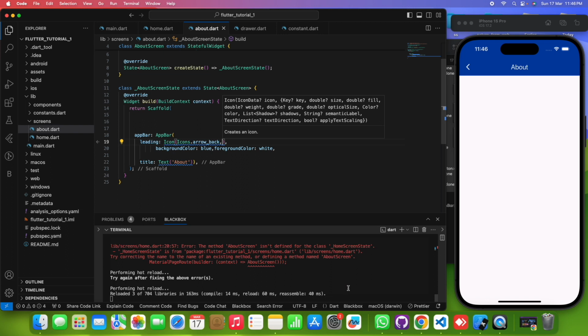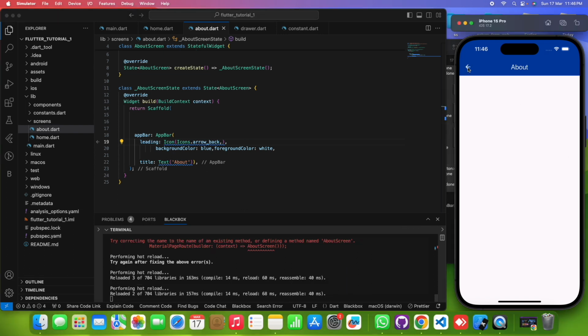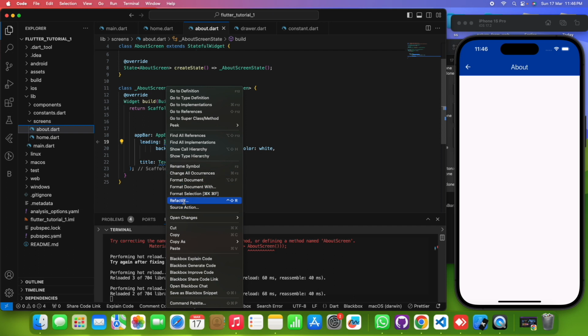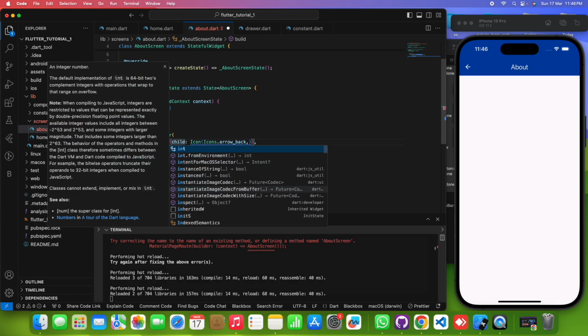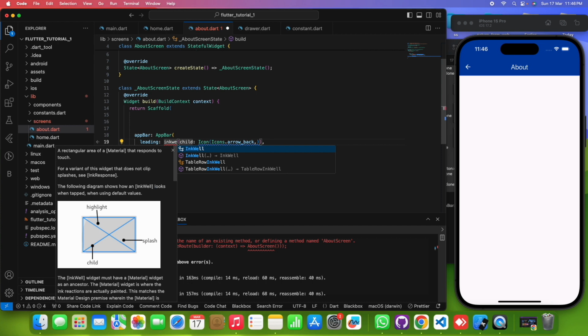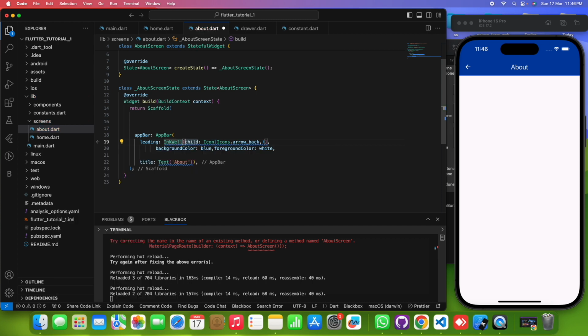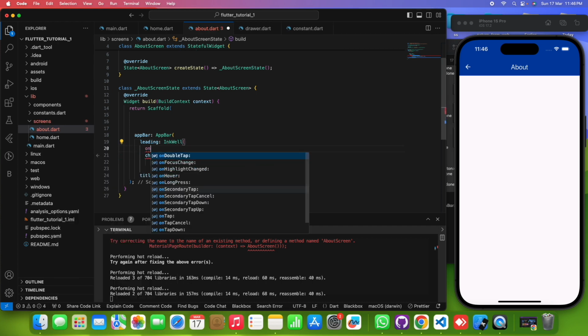Okay, so it will override. By default the back button works. If you override it with any icon, it will not work. So what you have to do, wrap with inkwell, on tap,